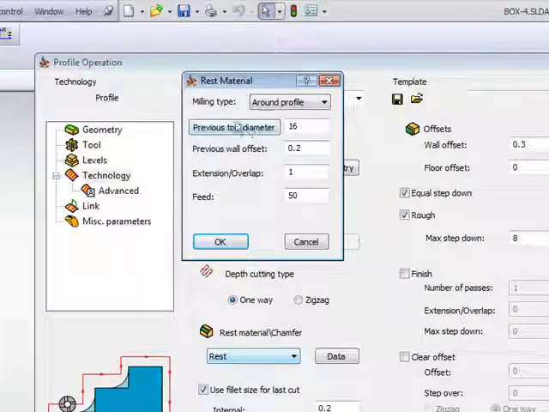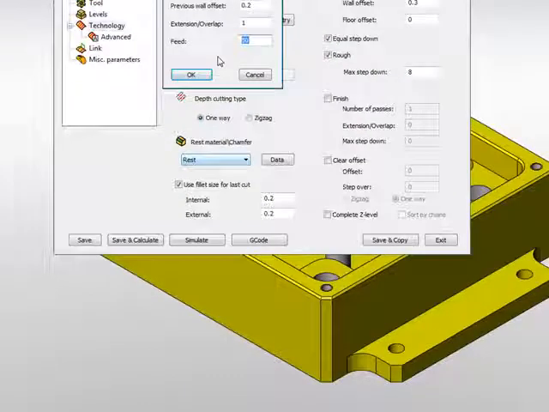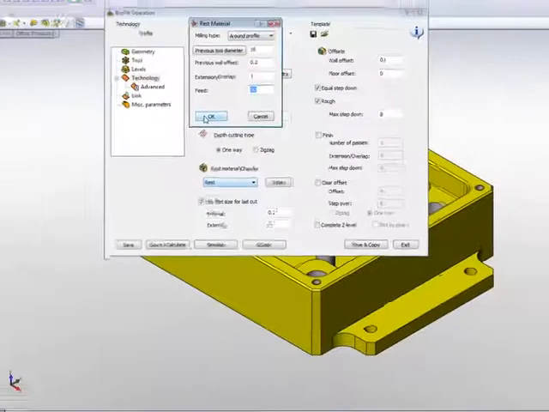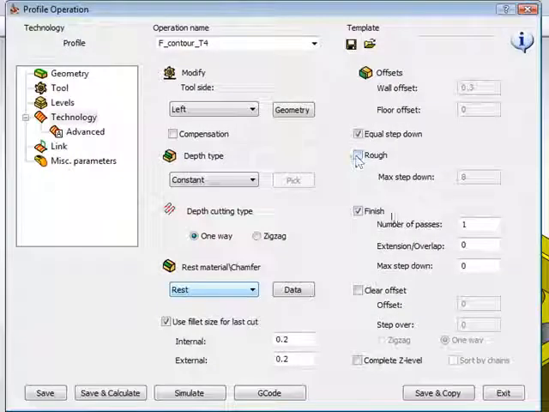Now, again, I put in the previous tool diameter, but what that does is as follows. Where the tool of 16 millimeters was not able to machine, when this new tool comes in, I want you to use the feed that's written in this area over here, being slower by default by half of the previous feed. I'll simply say OK. I'll choose finish now instead of rough,